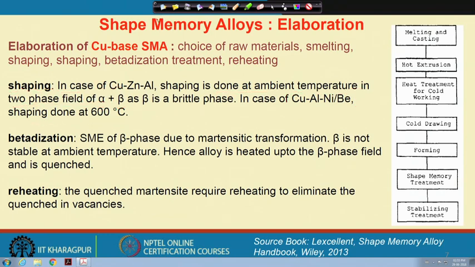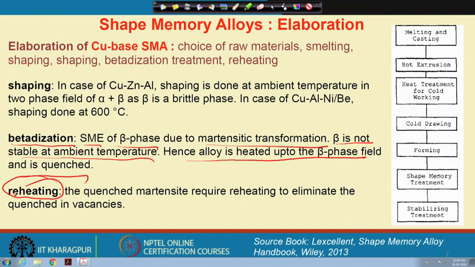Now, once we shape it, we again need 100% beta phase. So, we again have to raise the temperature of the alloy, and this is called beta digestion, meaning going to the beta phase field. The shape memory effect of the beta phase field is due to the martensitic transformation, and beta is not stable at ambient temperature. Therefore, we heat the alloy up to the beta phase field and then quench it to get the martensite. In the martensite, during quenching there are a lot of trapped vacancies, and those vacancies have to be